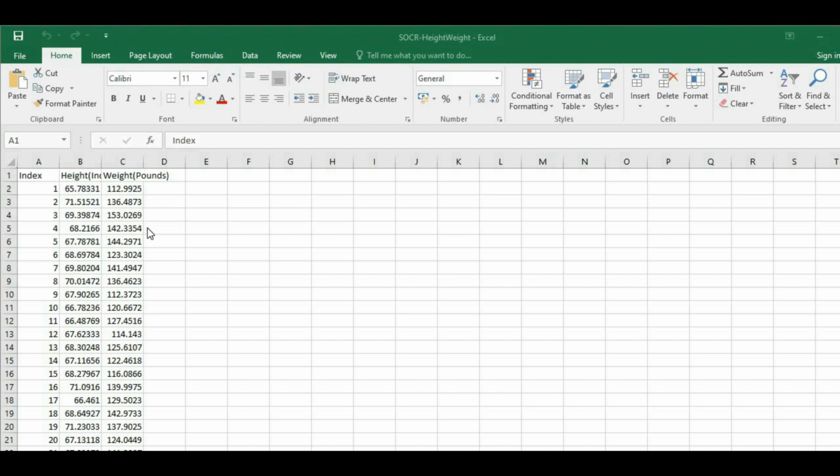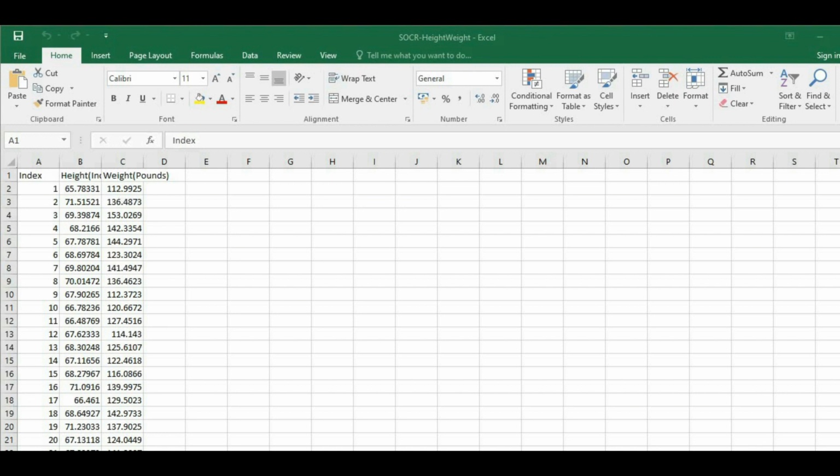So this is obviously a linear regression model. So I'll be predicting weight using the height, and this particular attribute, index, I won't require, so I won't include it while doing the prediction. So height is my independent variable, whereas weight is my dependent variable. Height is given in inches and weight is given in pounds.